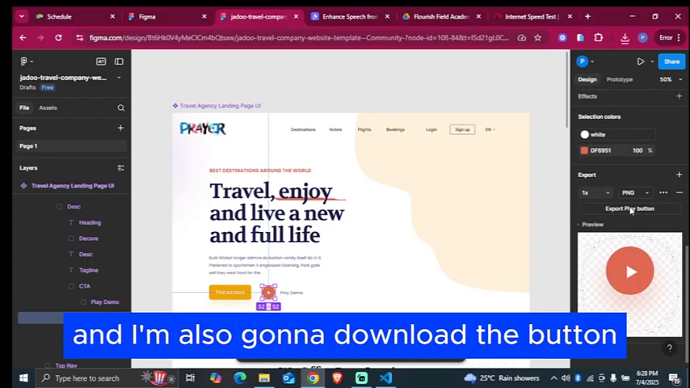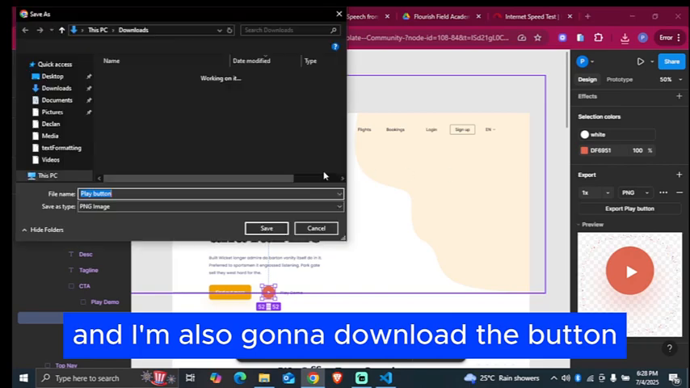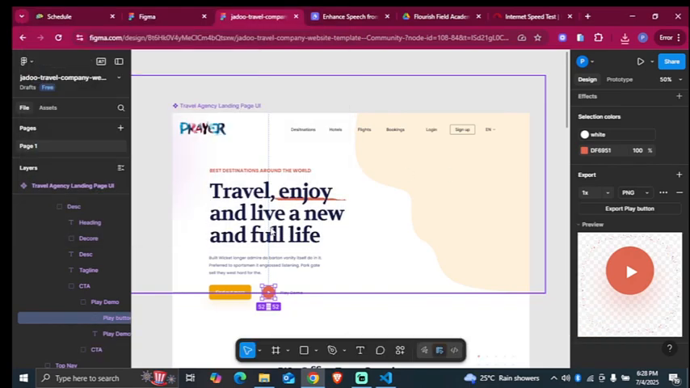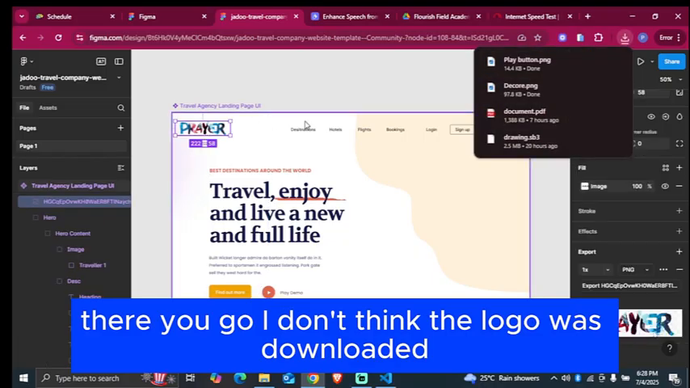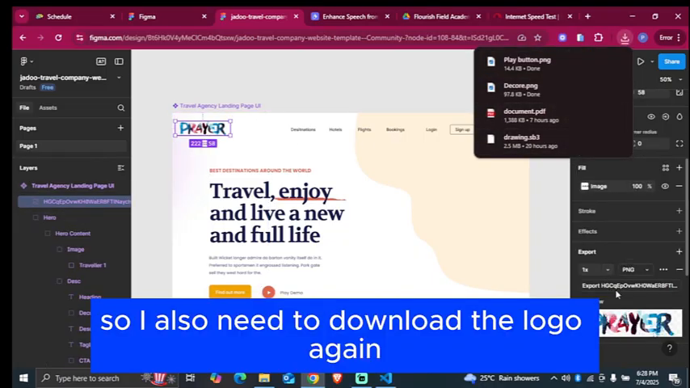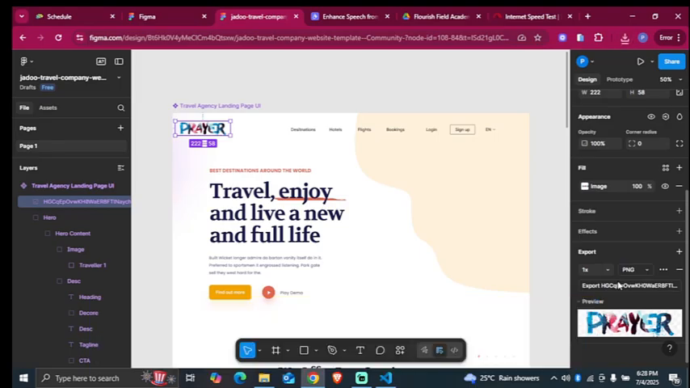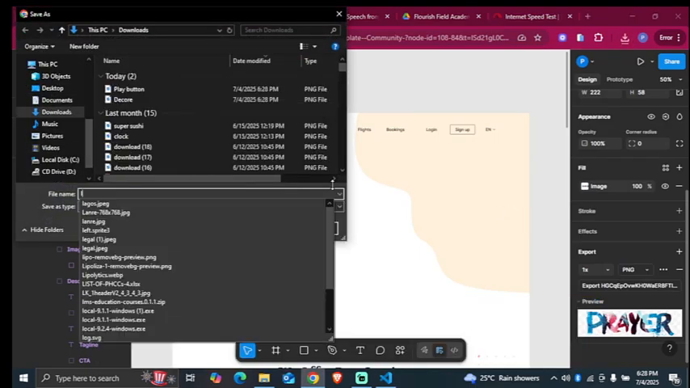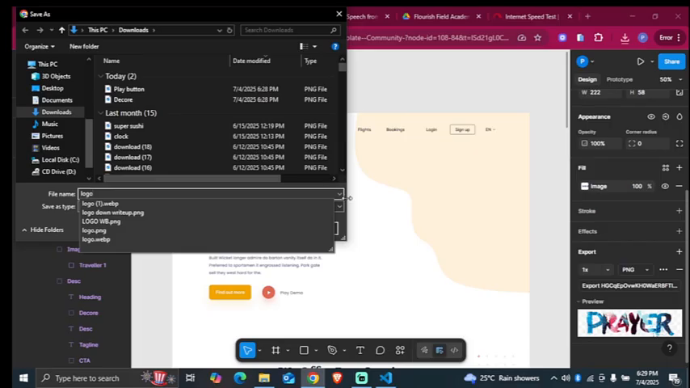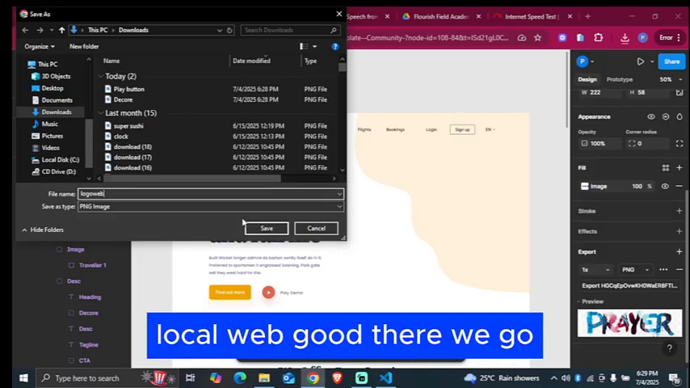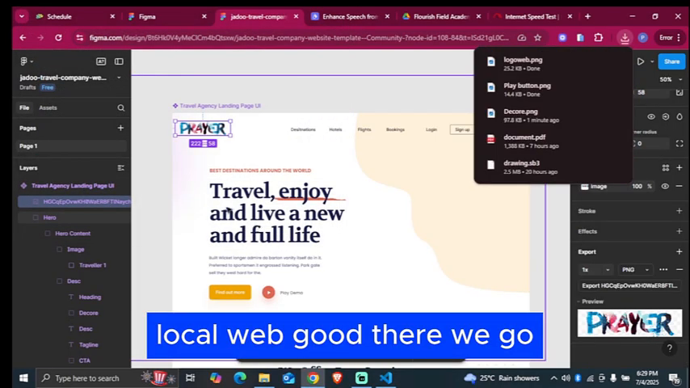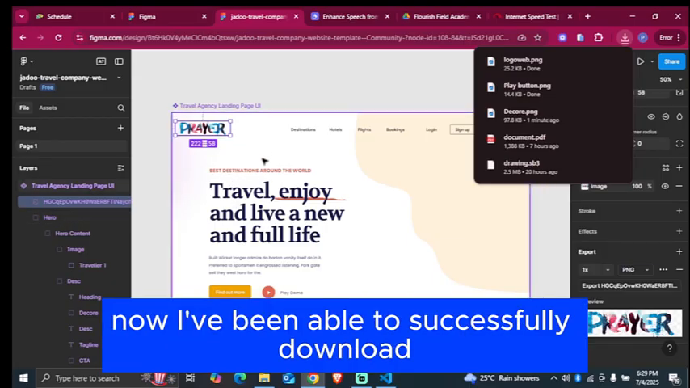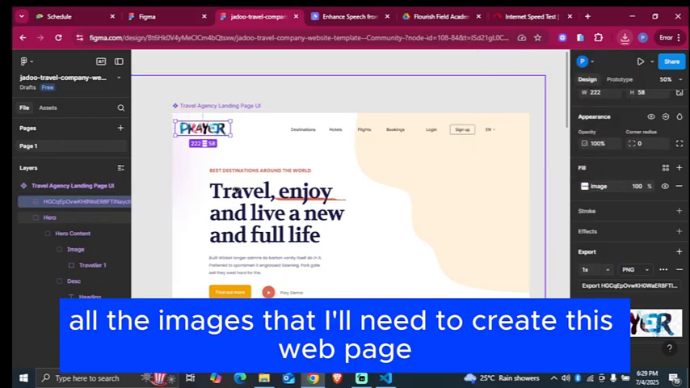So I need the button, and I'm also going to download the button. There you go. I don't think the logo was downloaded, so I also need to download the logo again. Good. There we go. Now I've been able to successfully download all the images that I would need to create